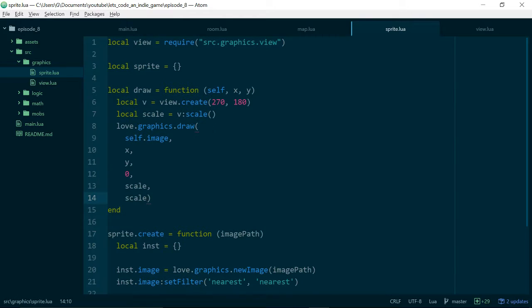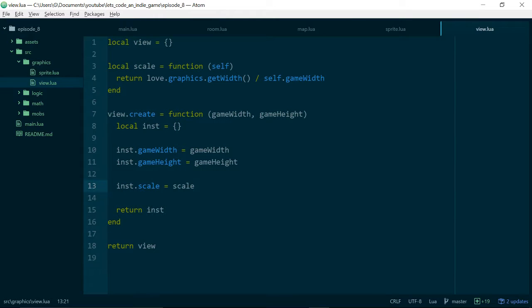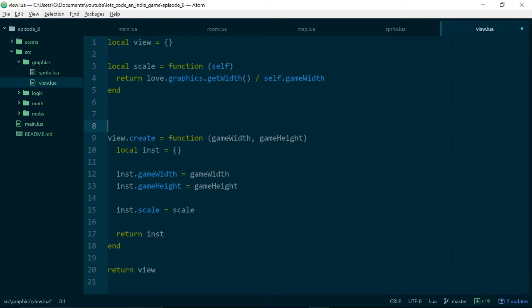So let's change our view so it works in that way. What we'll do is create another function, and let's call it inContext. The reason we're calling it inContext is because in Python, which is another programming language, you generally call these context managers. I'm not sure if that term exists in Lua, but we're going to go ahead and call it a context manager anyway. This takes a function,